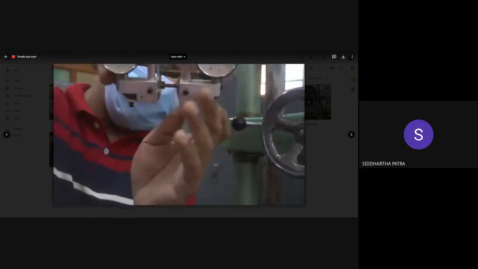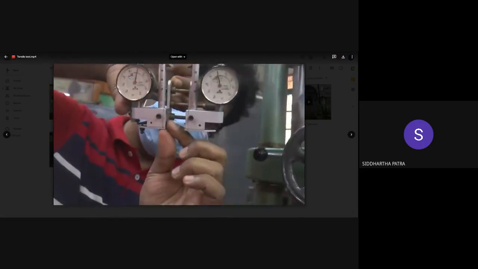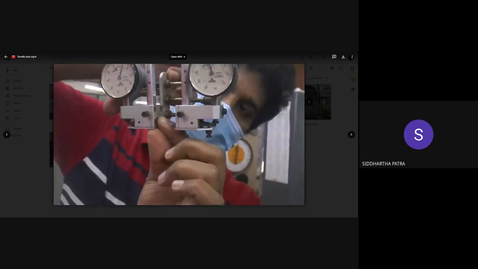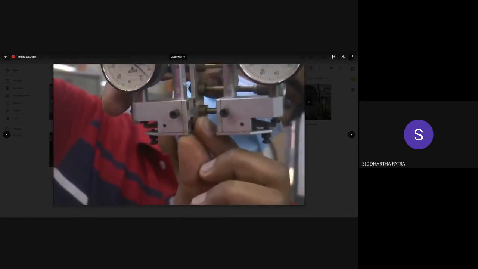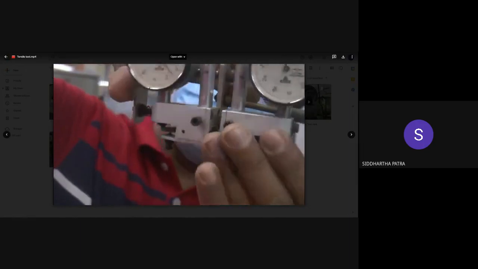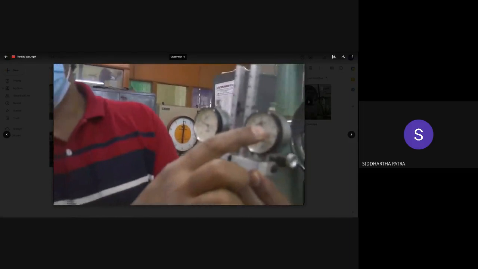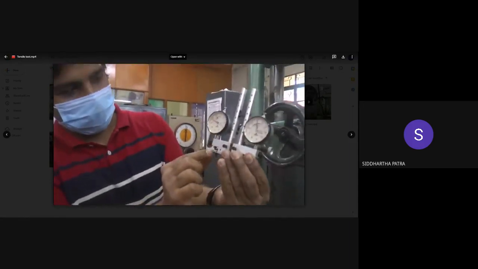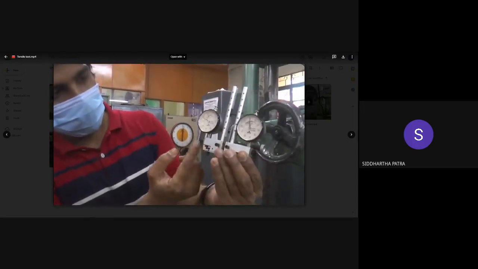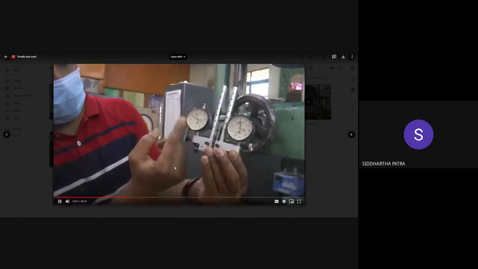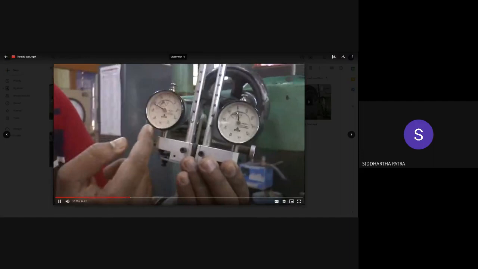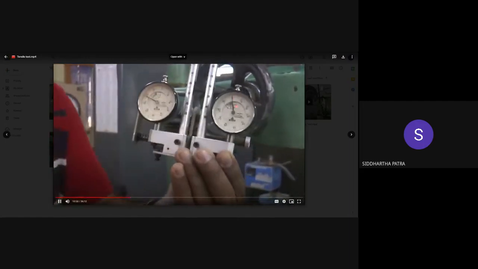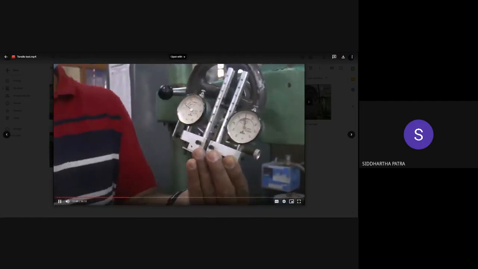these two lower knife edges, as the moving crosshead pulls the bar, go down, and as they do so, they would push the reading on these two dials. Okay, they would push under these two dials. So therefore you will see the reading of the elongation from this dial. And that's how the elongation is measured.